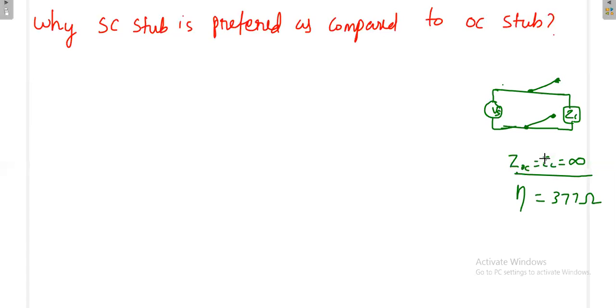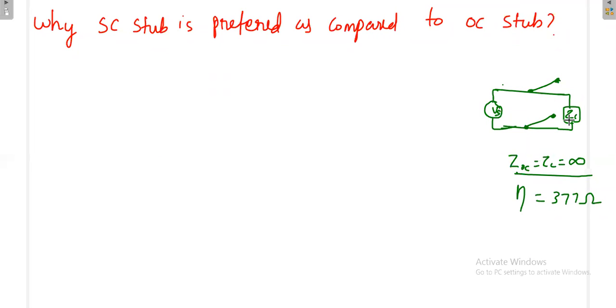So you cannot make a perfect open circuit with infinite impedance. Even during lightning and thunder, that impedance is not infinite. You think that in free space the impedance is infinite, but when you have very high voltage, it will conduct. That's why lightning and thunder happen. So under some conditions it will not work, and it is not possible to have a perfect open circuit. That's why we mostly do not choose the open circuit stub.